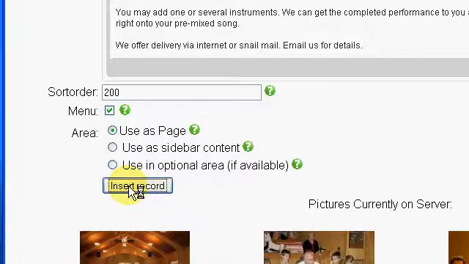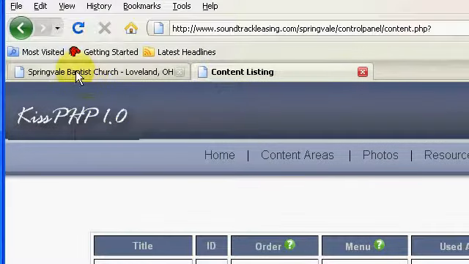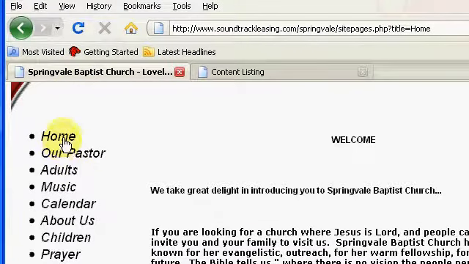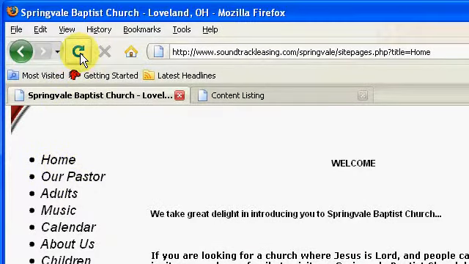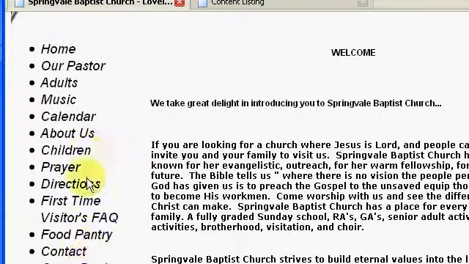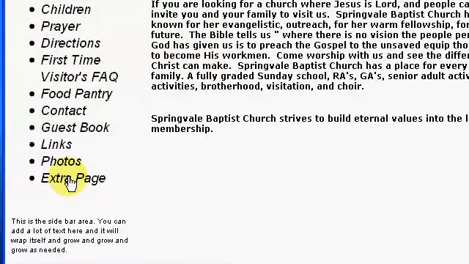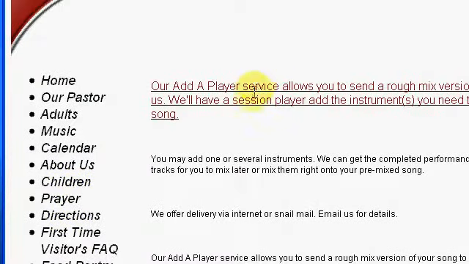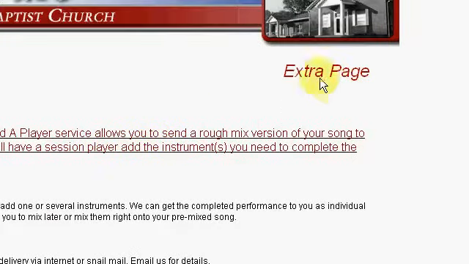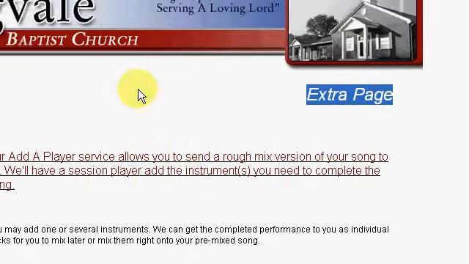Okay, and I'm going to jump back over to the actual website, and I'm going to refresh the page so that I can get the newest information from the server. And we'll notice that now we have an extra page link down here. We click on that, we see our nice red text we made. This particular website shows the page title up here automatically,